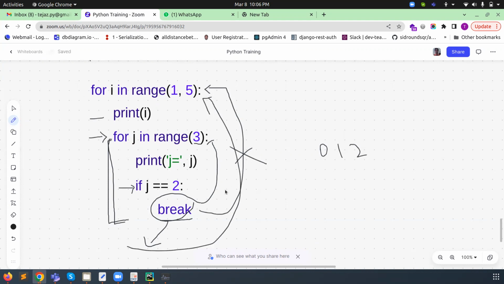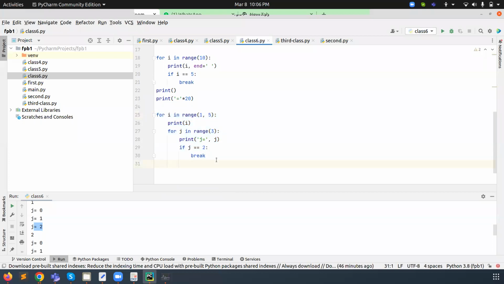So with the help of this, basically we are handling some conditions when we are writing any program, or when we are developing any software. Sometimes we need to use break also. In some condition, we want to break the execution of the program, or the execution of the loop also. We can define it in the body also. Basically, we always define it in the loop. So this is the use of the break statement.